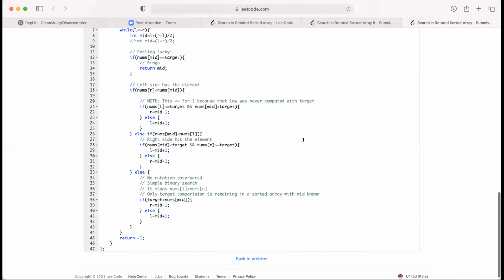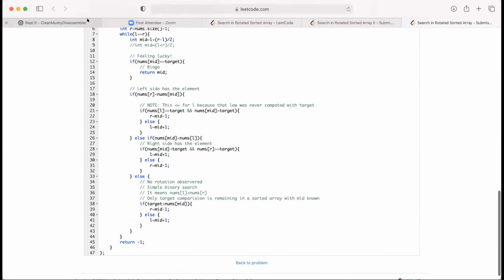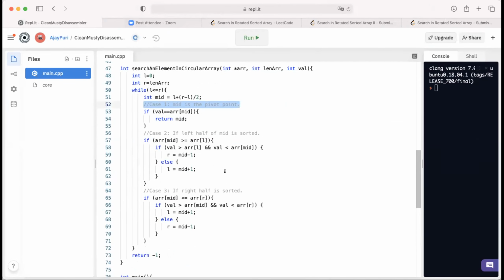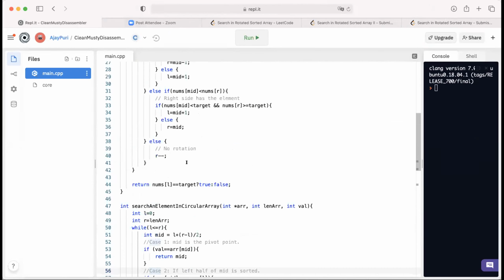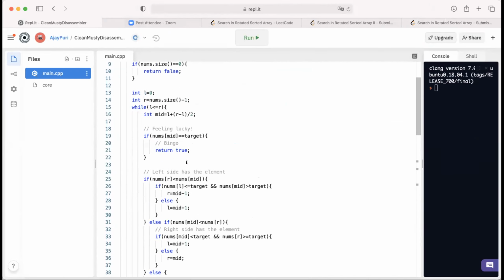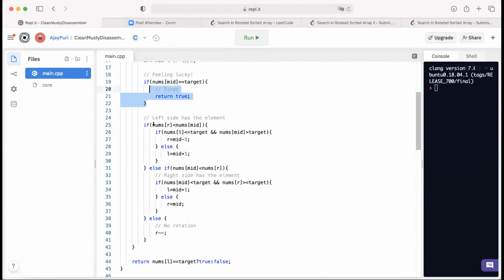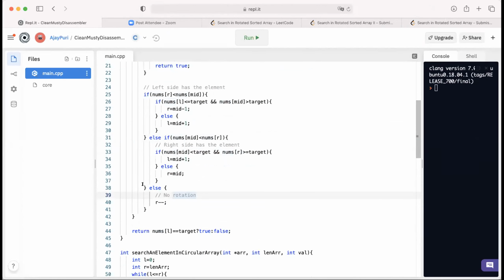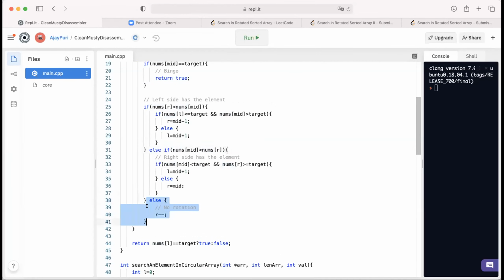Sure. So this was the last one we discussed, like search with 1 case, 2 case, 3 case. Similarly, here we get mid. After that, we search if the left side has the element, then we have a set of conditions. And if the right side has the element, then we have a set of conditions. What if we don't have rotation? Then we just put it into else. That simplifies